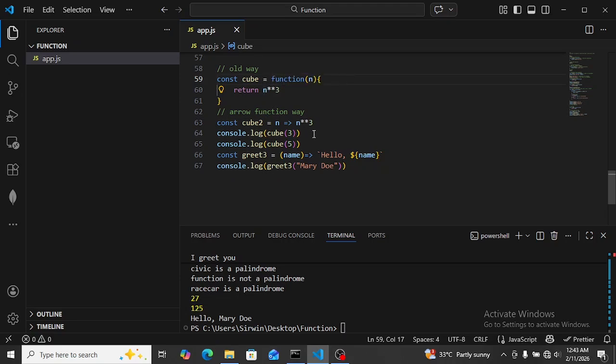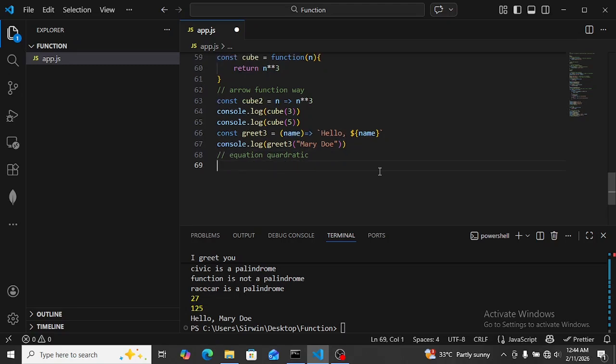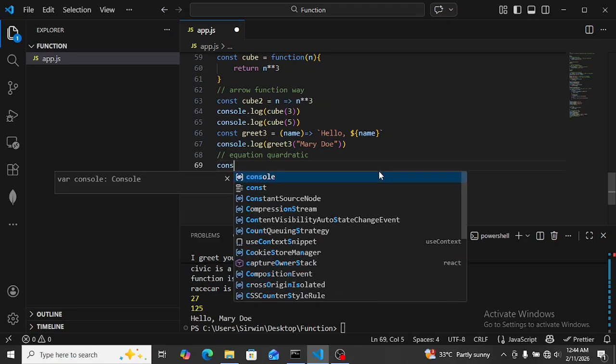It works. But then let's see a situation whereby you have more than one expression within the function, and eventually you are going to return more than one thing. Okay, let's look at something much more complex. Let's solve an equation using a JavaScript function. Let's say something like a quadratic equation. I want us to use an arrow function now, so we can say something like const